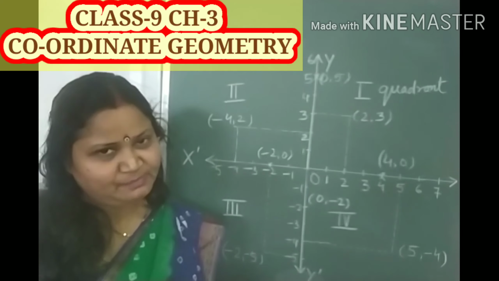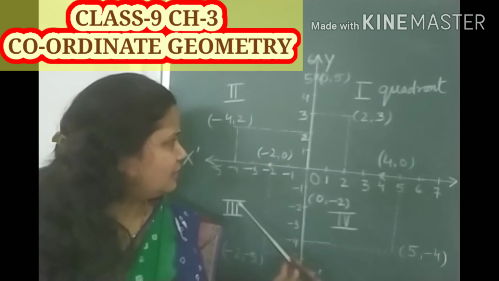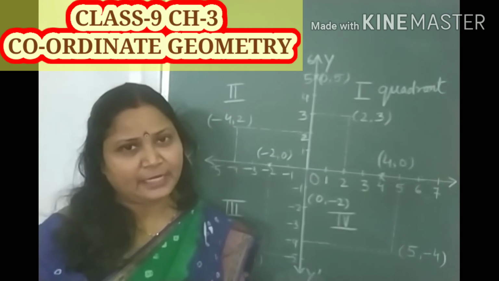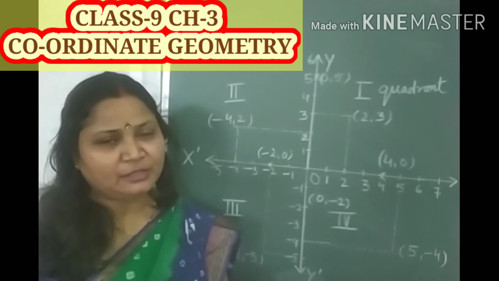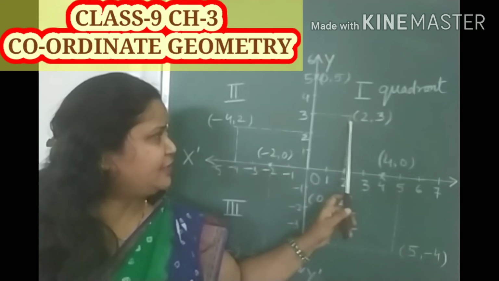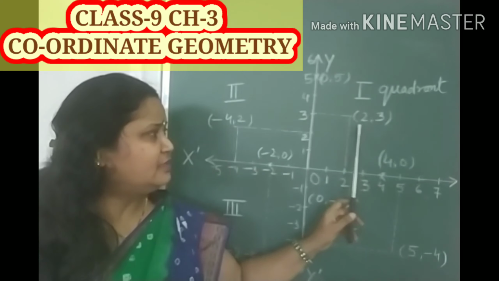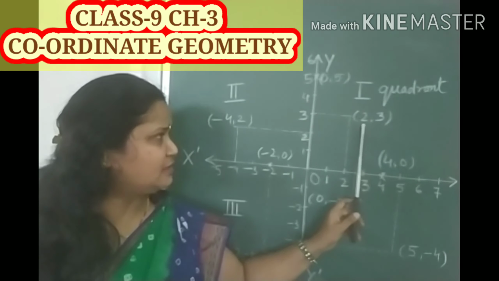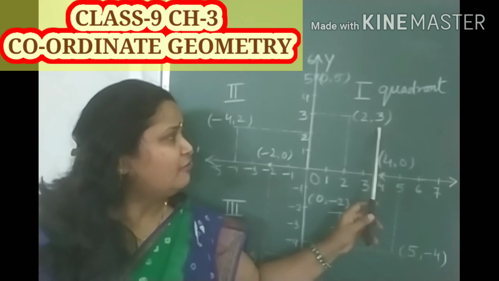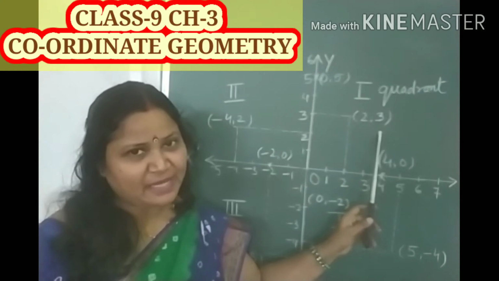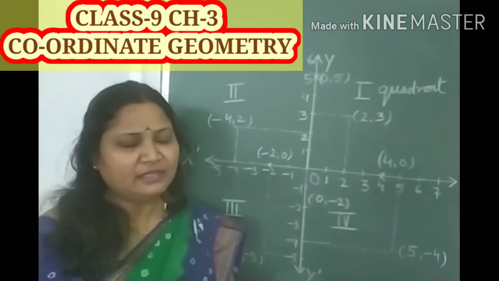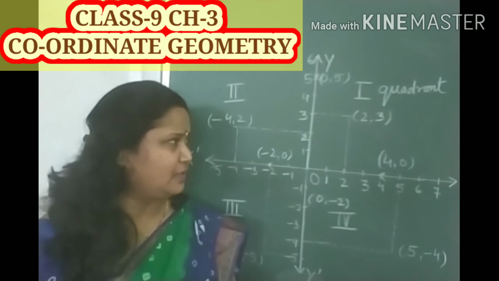This order is specific. Now children, in this Cartesian plane, we can plot any point in the form of an ordered pair. So what does it mean? What do we mean by the term ordered pair? Ordered pair means we first have to write its x coordinate and then its y coordinate. This order is specific and this is a pair of two coordinates, x coordinate and y coordinate. That's why it is called an ordered pair.